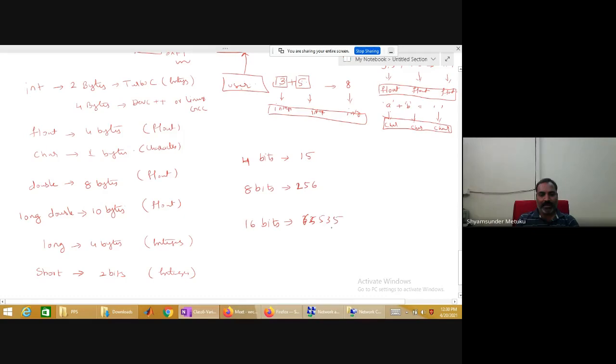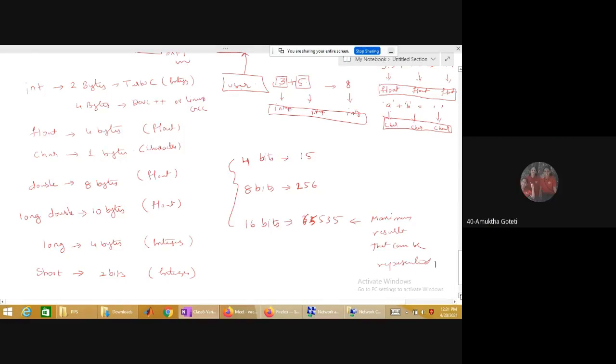You can verify later, okay? So based on the length of the memory, that determines the maximum result that can be represented. Is it clear to all the students?